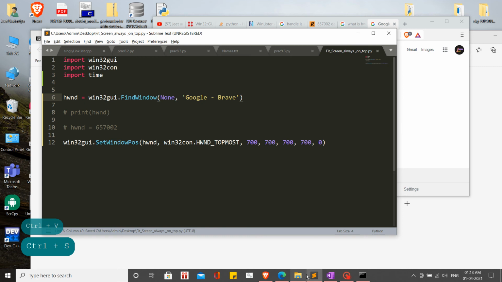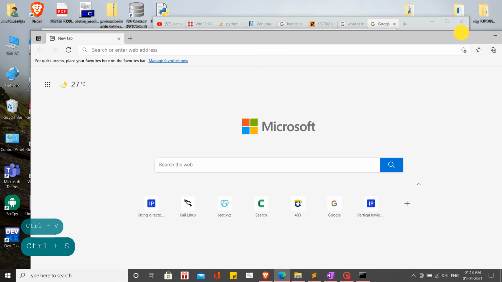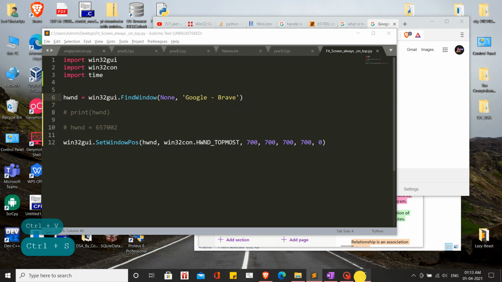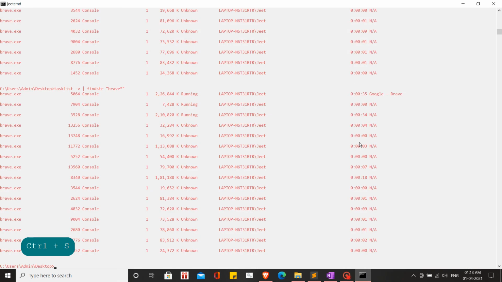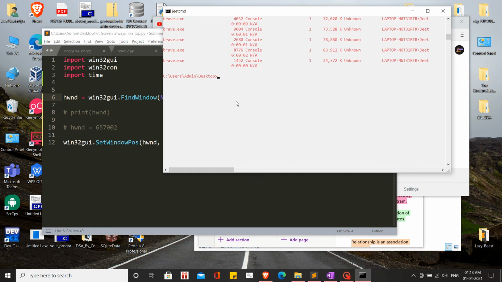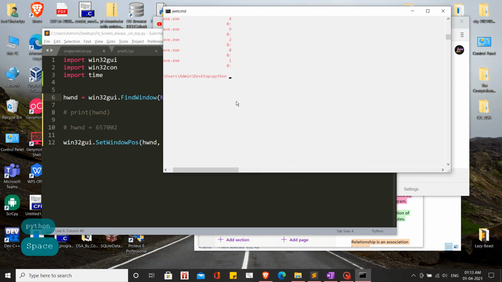Once I save it, I'll close it for now, right? I'll be back at my terminal, minimizing it a bit and going back to my prompt, and I'll say python and then the file name of mine.